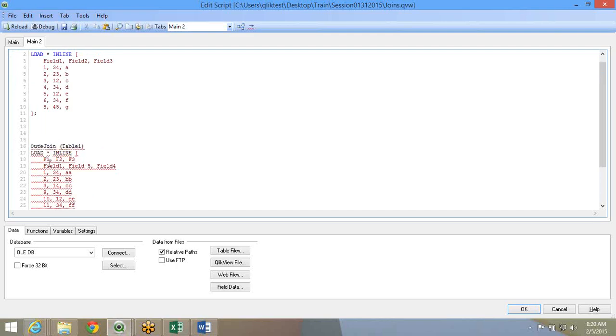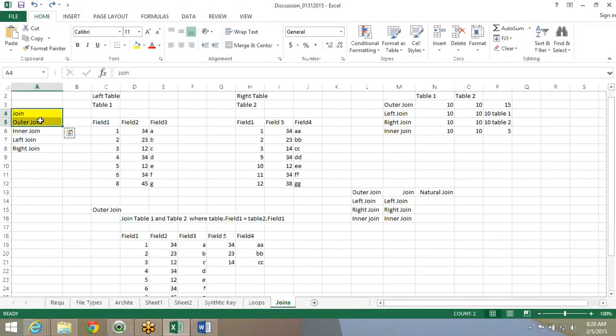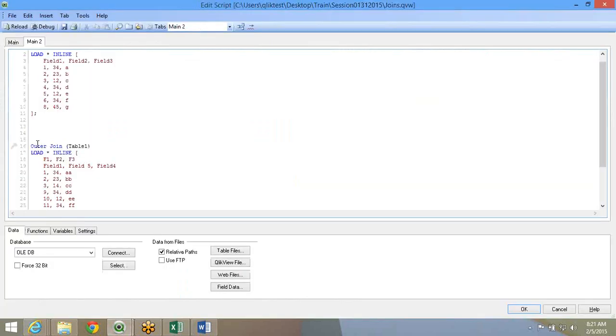It is nothing but an outer join. So in ClickView, like I said, join and outer join are the same. This is also called a natural join. So it's a trick question in ClickView, in interviews also. They will ask you what is the default join in ClickView or what is the natural join in ClickView. So the default join is basically nothing but the outer join. So all three are the same thing. There is no keyword called natural join. You use it as join or outer join, but they term it as natural join also in ClickView. Either you use outer join or just join, it will do the same thing.